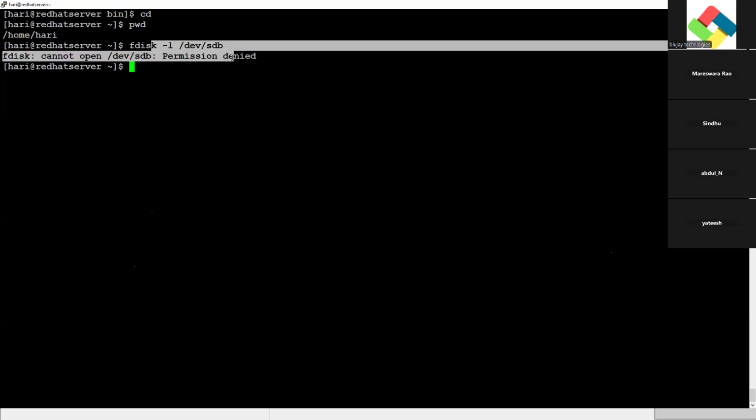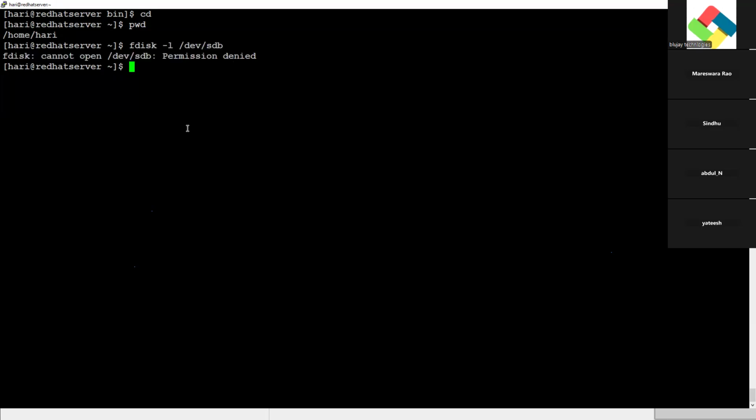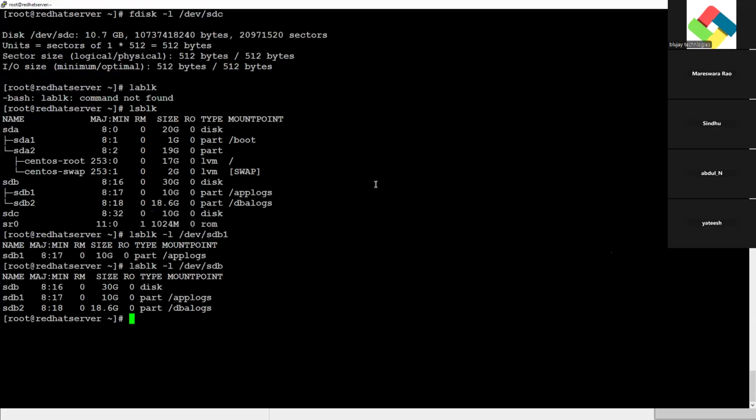Yeah, what is it showing? Permission denied. So we don't have permission to access the sbin commands as a normal user. Understood, guys? Understood?